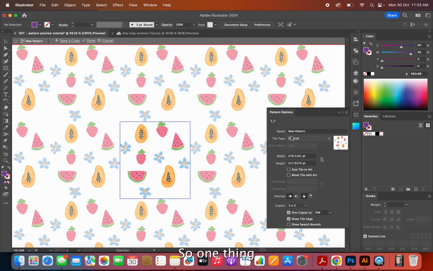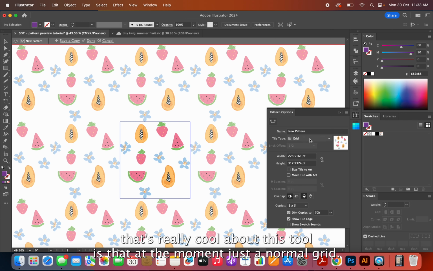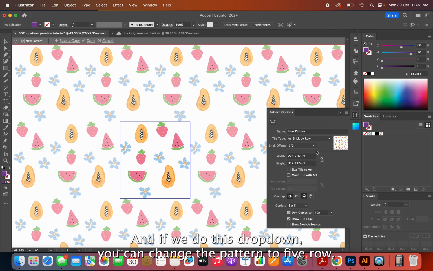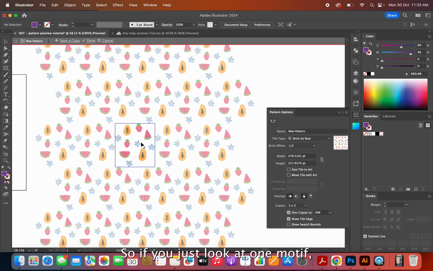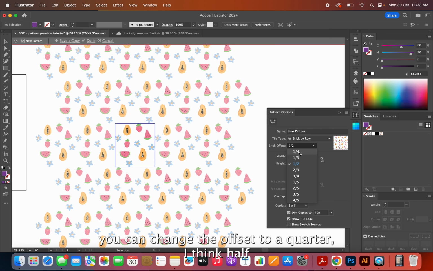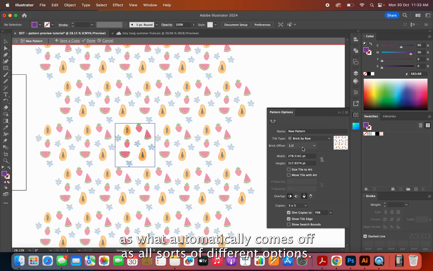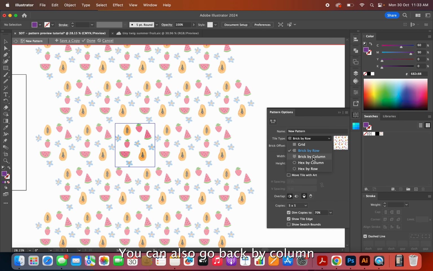You can see that there's a few gaps and things like that. So one thing that's really cool about this tool is that at the moment it's just a normal grid, and if we do this drop down, you can change the pattern to Brick by Row. So if you just look at one motif, you can see it. If you look at the watermelon, that's now shifted across. And in the Brick by Row, you can change the offset to a quarter. I think half is what it automatically comes up as. All sorts of different options. You can also go Brick by Column